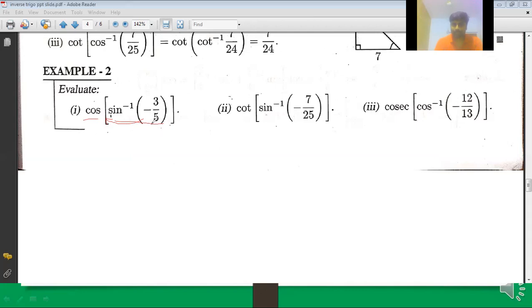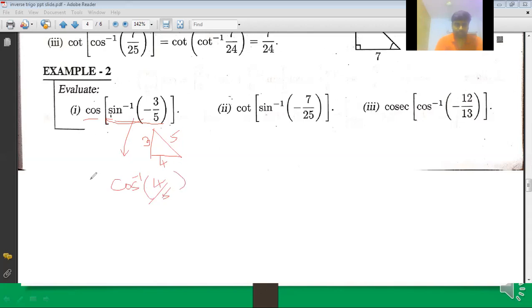Okay? Now, sine inverse of 3 by 5, how can I write? Cos inverse of 4 by 5, by making a triangle here. This is 3, so this is 5, so this will obviously be 4. Correct? Then sine inverse of 3 by 5, can I write as cos inverse of 4 by 5? Correct or not? Cos inverse of 4 by 5 I can write.